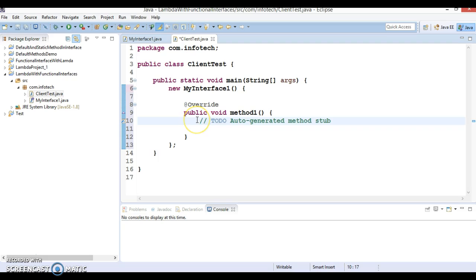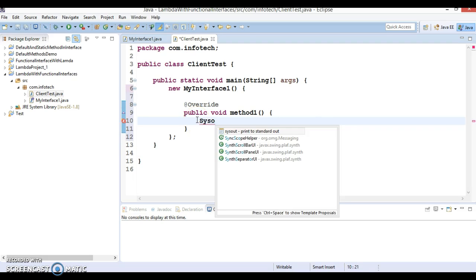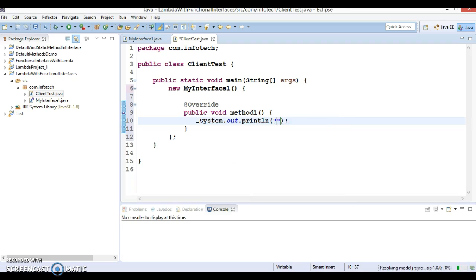So this is the way we usually define an anonymous class, and here we can print this method executes using Lambda, right?